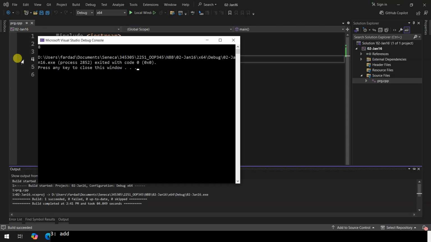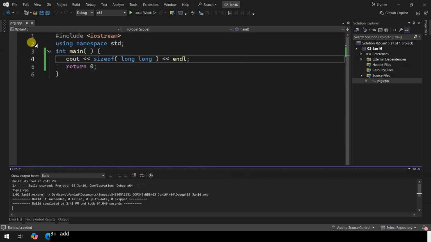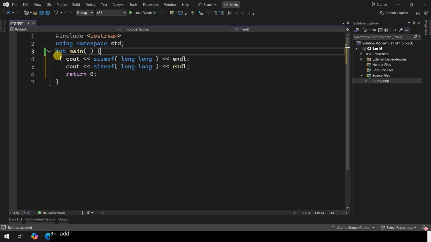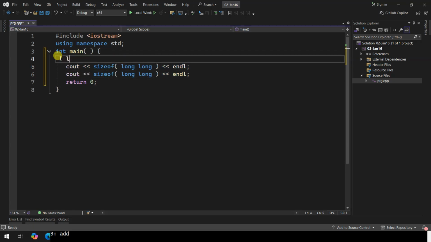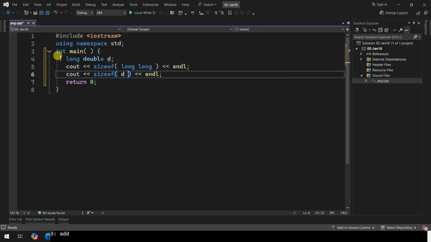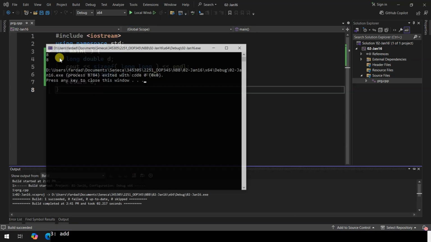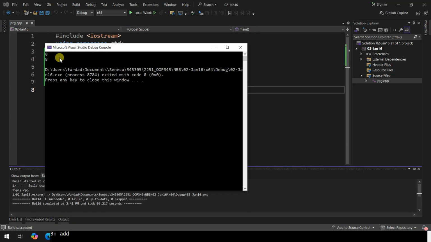That is 8 bytes, right? And I can actually have something like a long double. And it's going to tell me the size is 8, okay?